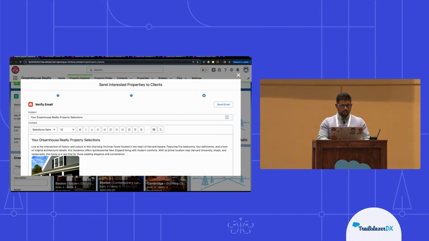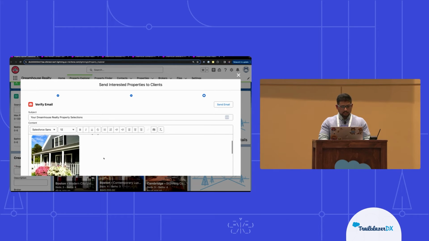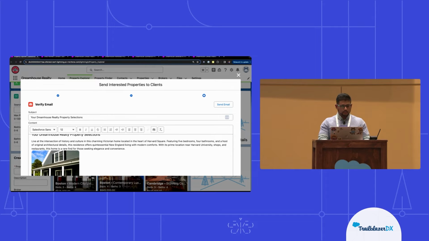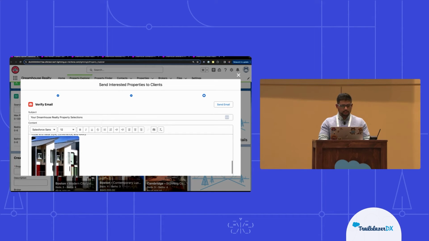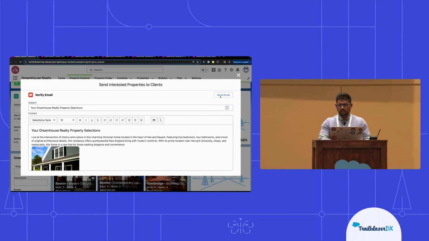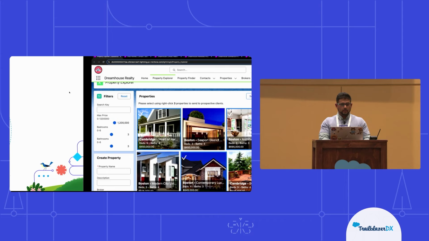So now let's take a look at our email. This is the email that was generated. As you can see, it has a nice subject line. It has descriptions on the properties based on their parameters. And at the end, it has a nice message saying thank you for their business, and we look forward to helping them with their next property acquisition. So now Samantha can just click the send email button if she's good with whatever content was generated, and then she's good. So going back to our slide,